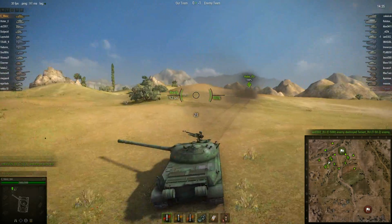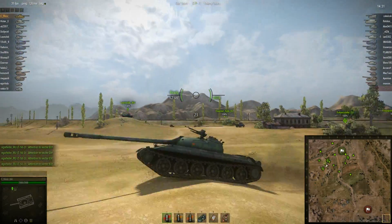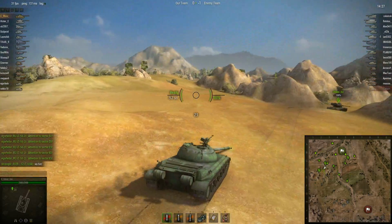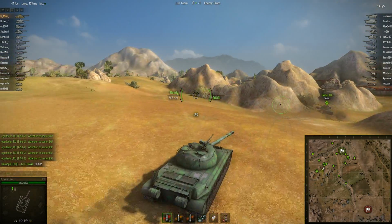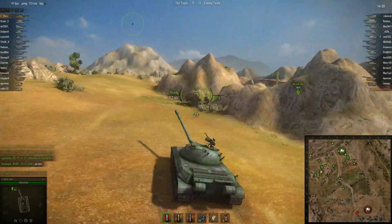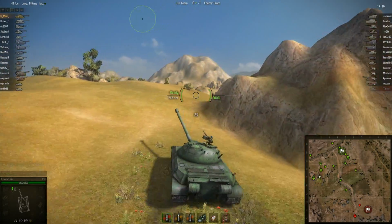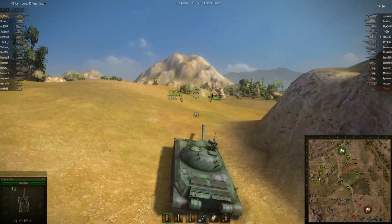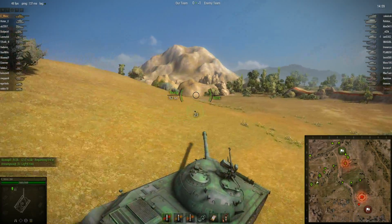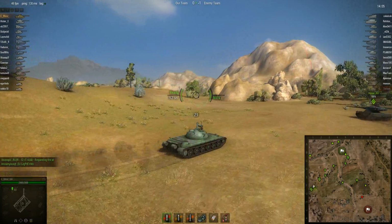The main problem with that is the gun depression isn't too great. It's similar to the IS-7, so while not the worst, it's not the best either. The gun elevation, like other Chinese tanks, isn't the best either, but it's good enough to where it won't be a huge downside. The one good feature about this tank is it's one of the most mobile Tier 10 heavy